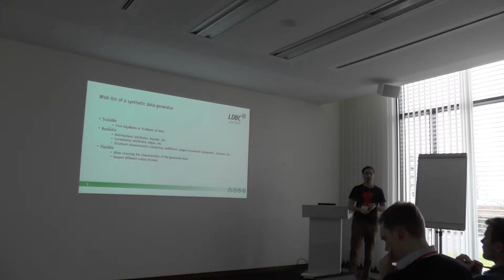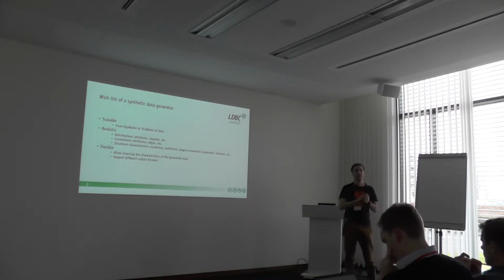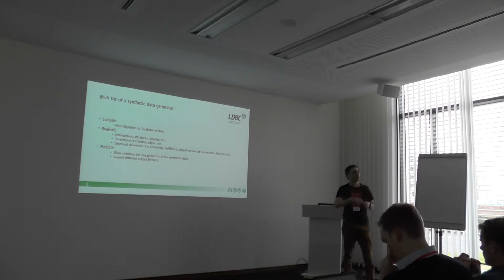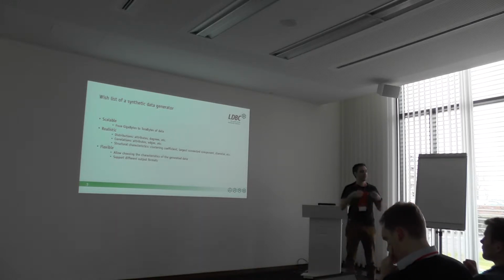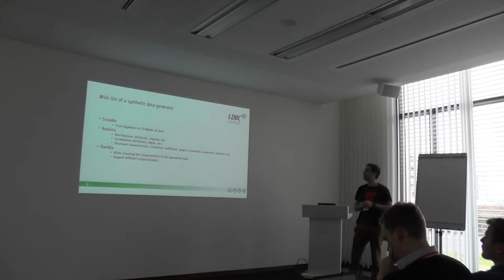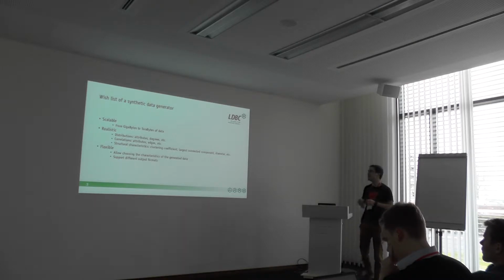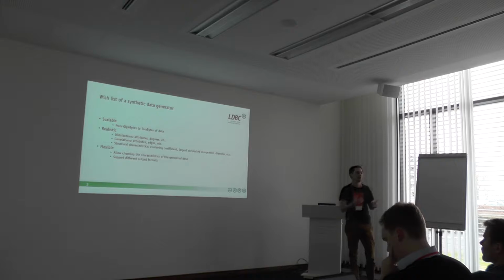We want to induce correlations between attributes, not only attributes within the same entity. So, for instance, the name of a person is correlated with their country, or the interests as well, but also between connected entities. It's likely that I'm your friend and we have common interests. So we want to induce these properties, and also the structural characteristics that you will find in a real network,